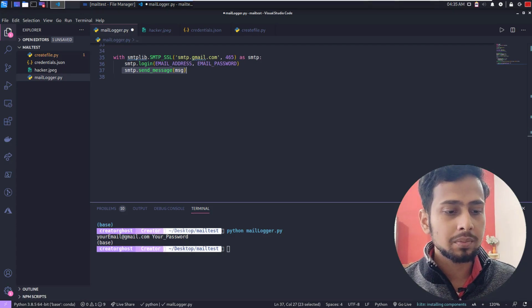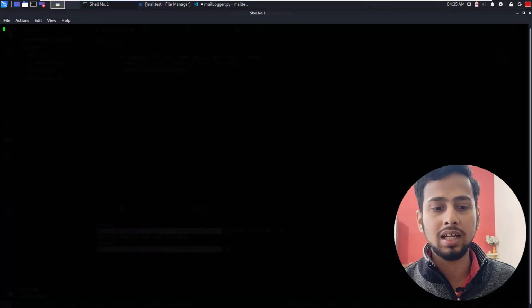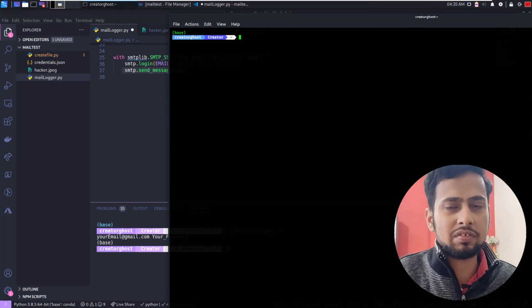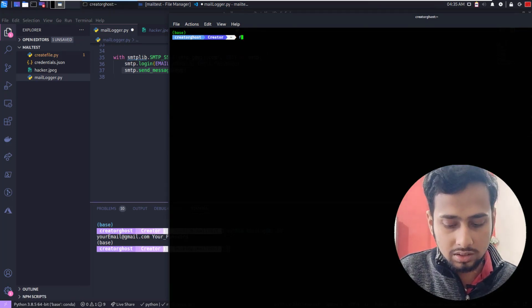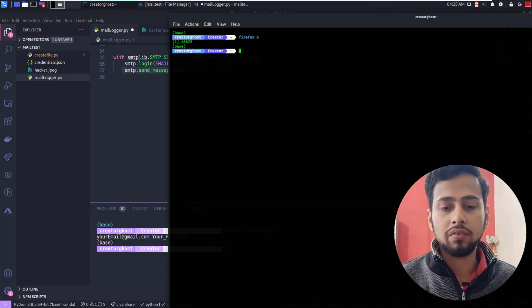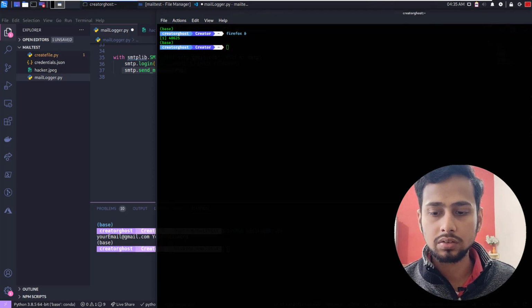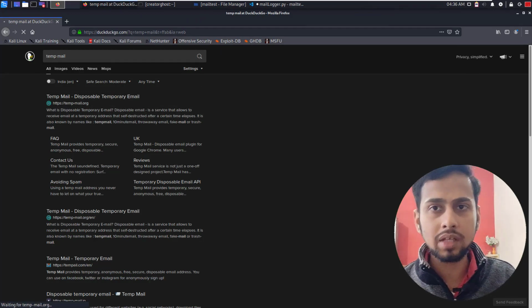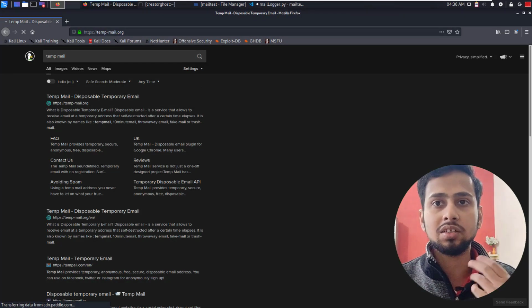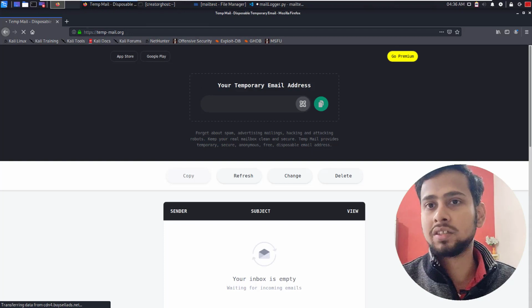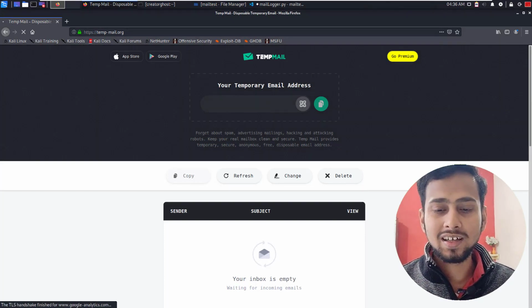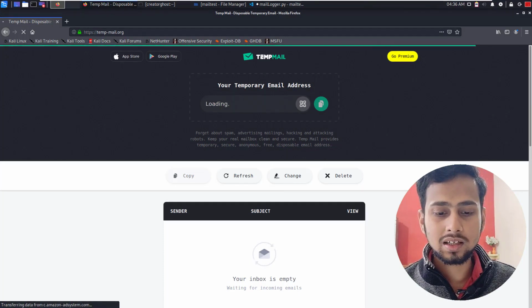For testing purposes, let's open our Firefox browser and have a look at a temporary mail, and we can simply check if it is working fine or not. If I write firefox, it is going to open Firefox for us. So let's wait for it. Here we are opening our temp mail, and from here we are going to copy the email address provided by our temp mail, and paste it inside our code so that we can see whether our mail program is working or not. So let it load.